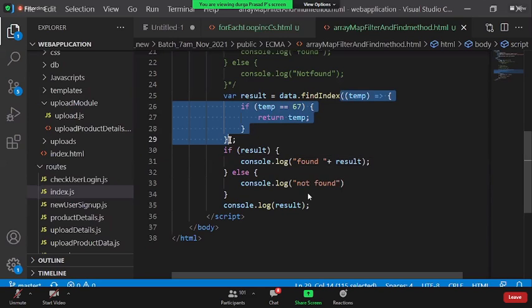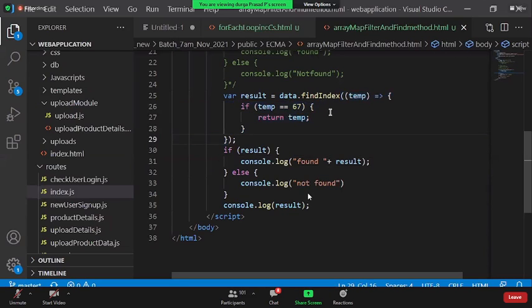If at a time you want to find out whether 27, 37 is valid or not, under this callback you can actually put a logic. But it's unnecessarily lengthy because for each and every value that looping will be executed. So that is the reason the find method is only for a single value. Okay. Is everyone clear?